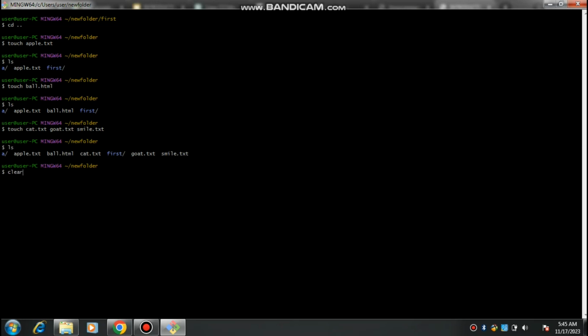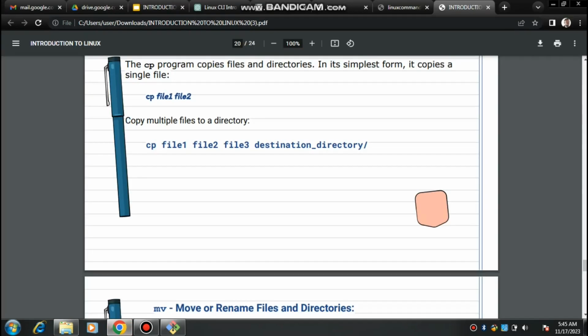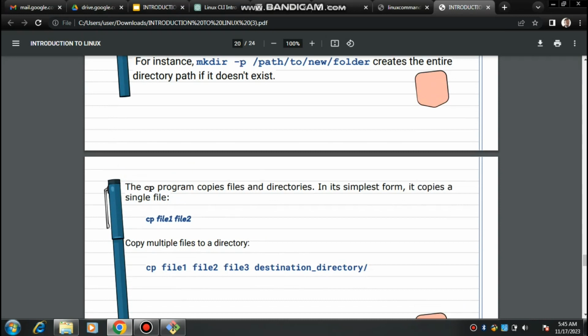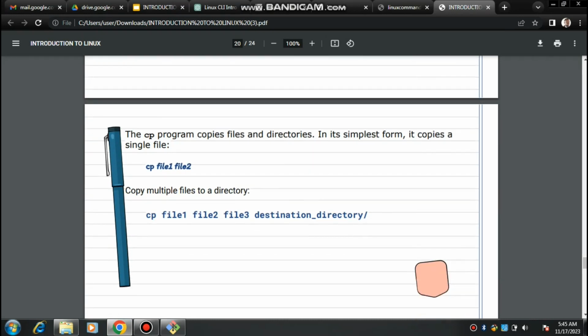Remember, we're talking about file manipulation, and it will be fair for me to show you how to create a file. So the touch command is used to create an empty file. The touch command is used to create an empty file. Alright, so